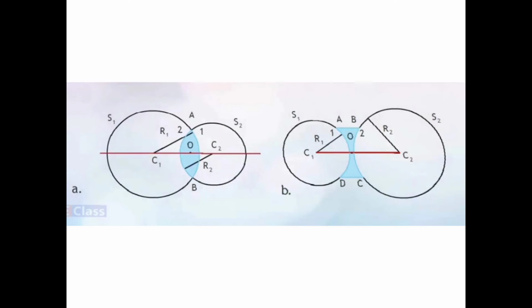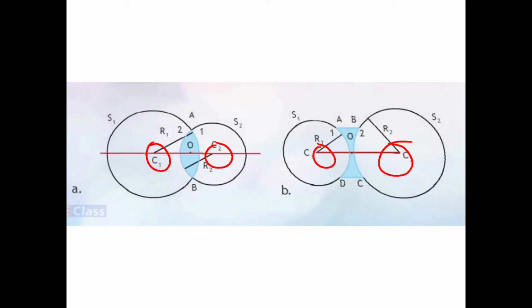Now the next thing which we are going to learn is about the principal axis. You can see this line. What is this line? How will you say? It's an imaginary line which passes through both the centers of curvature, passes through C1 and C2. So that imaginary line which passes through both the centers of curvature is called the principal axis of the lens.